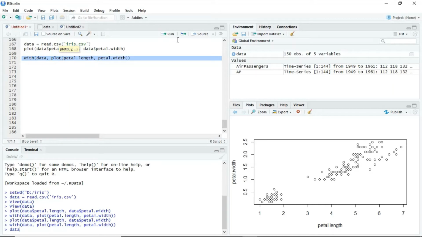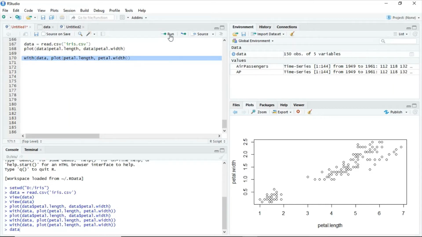For this purpose, this with function is giving us a little bit of modification in the plot, but we have to understand the actual meaning of the with function. In one word I can say, whenever we are using the with function, we don't have to call the data before using it. Otherwise, we have to call the data each time. So here we can write the observation, meaning the file name, and then directly we can use the column name. So this is the main applicability of the with function.